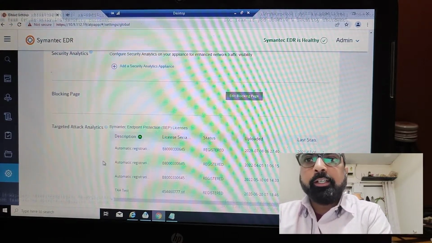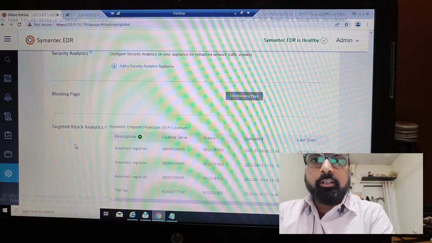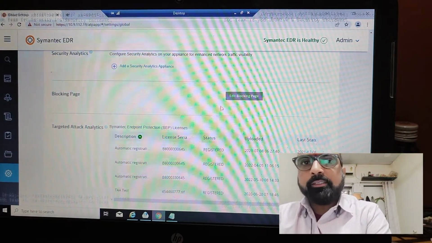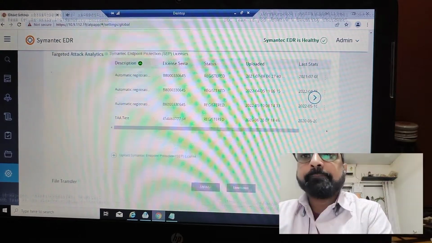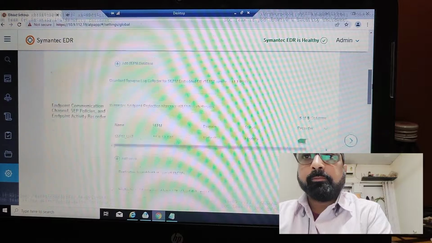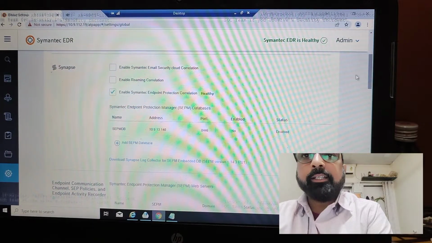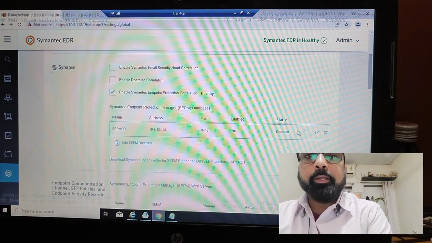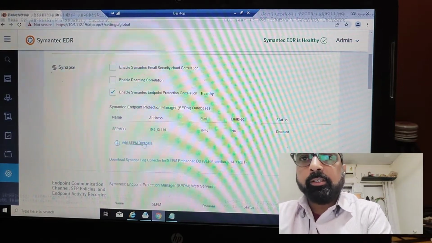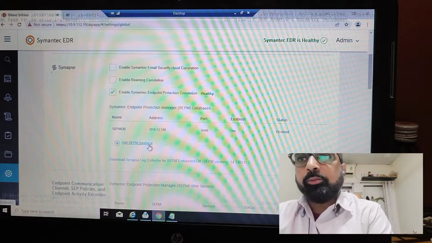This automatically detects signatureless viruses. We can add the database here. If the database is different, we can add this database from this setting.